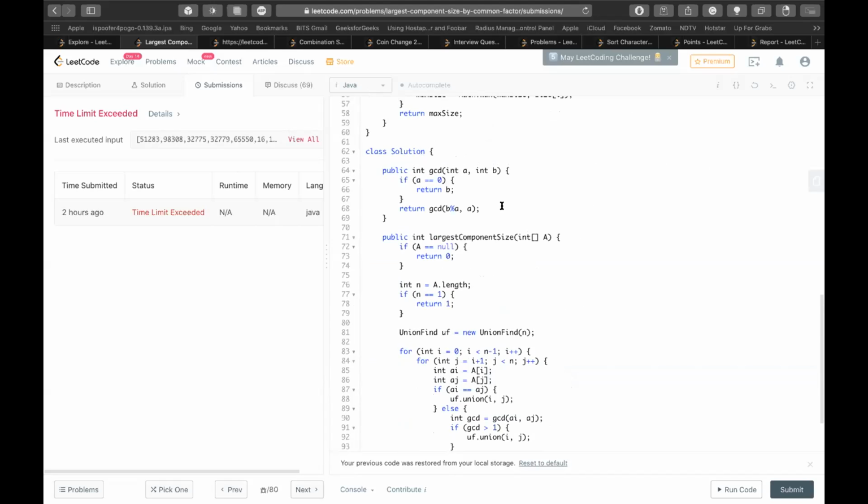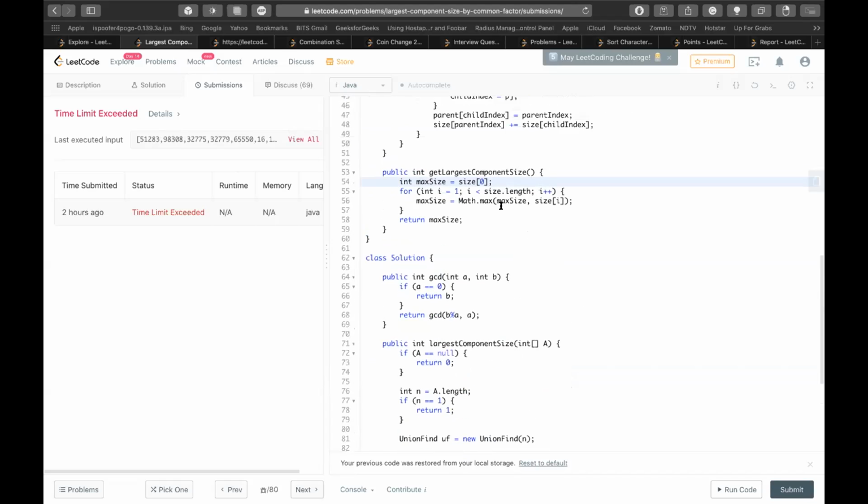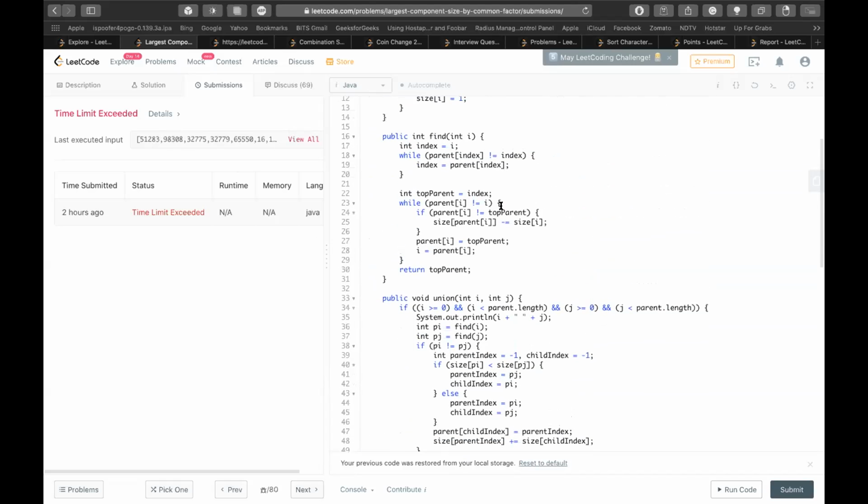But okay, one thing in your path compression for that find operation: did you try using the recursive way? Because I had a similar problem, because earlier I was not doing path compression. So I just had a while loop, parent index is not equal to index and index is equal to parent of index. So I didn't have the rest of it, only the return top parent was there. Didn't have the second while loop. So that was correct. It's not going to be a path compression there, right? So, but then you added this code for path compression.